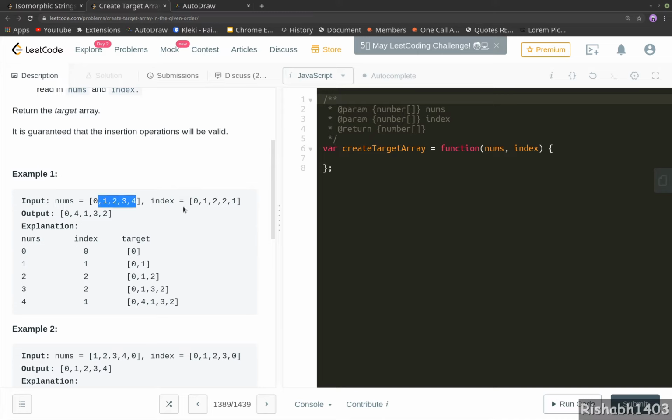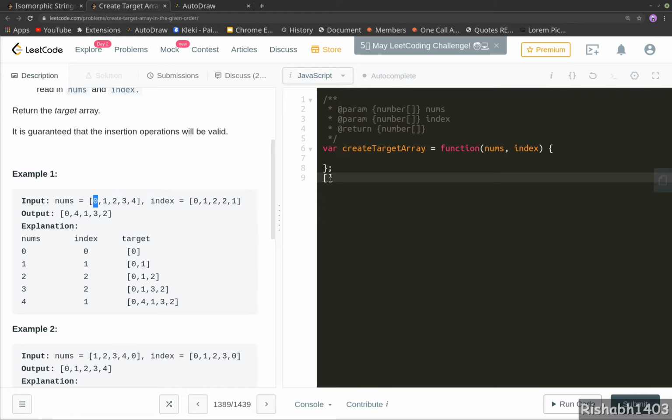Nums is this, index is this, and we need to find the target array. So first target array is empty. So let's go ahead and declare an empty array. Now for i equal to 0, index[i], that is index[0], is 0, the value would be 0.